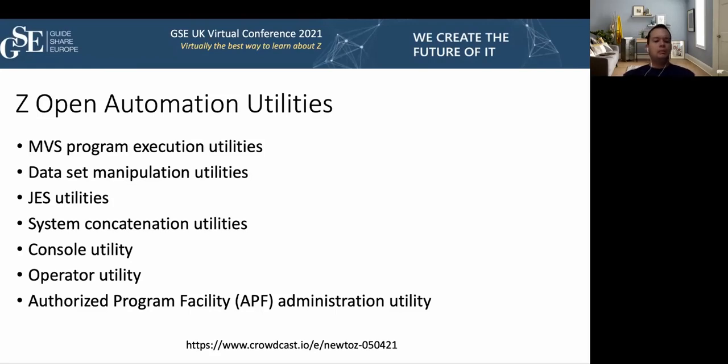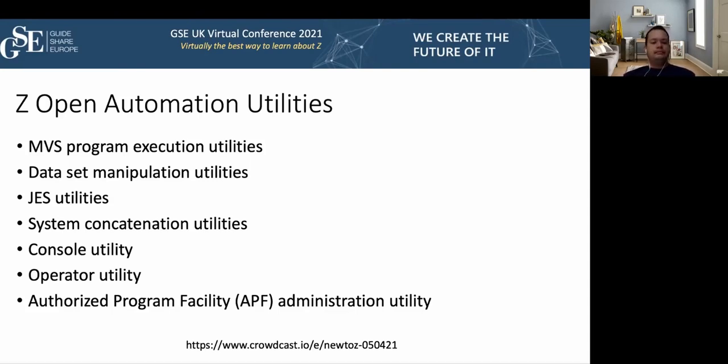You can work with APF, and this is something that we are going to use here. If you are not from Z and are new to that, we are talking about authorized program facility. Some programs have a high level of authorization, so they can access more details in memory. You can do cross memory. So we are going to work with APF